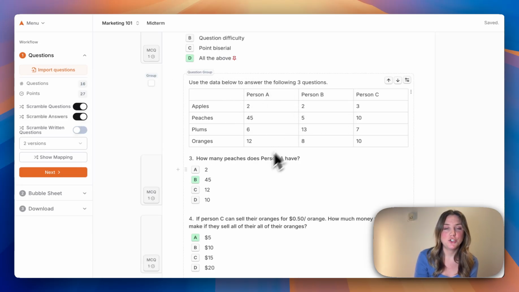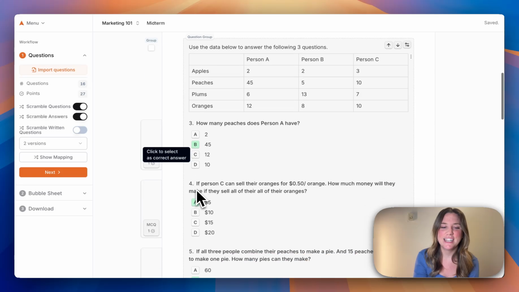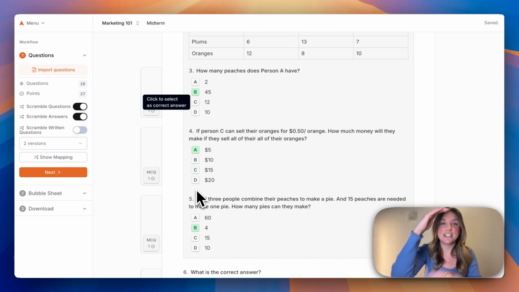If you wish to have questions remain together during the scrambling process, for example, you have a number of questions regarding the same data set, then you can put those questions inside a question group. Akindi will automatically identify question groups contained in your Word document by looking for wording like "use the image below to answer the following 5 questions." Akindi will then put those questions surrounded by a little dotted line indicating that those questions will stay together during